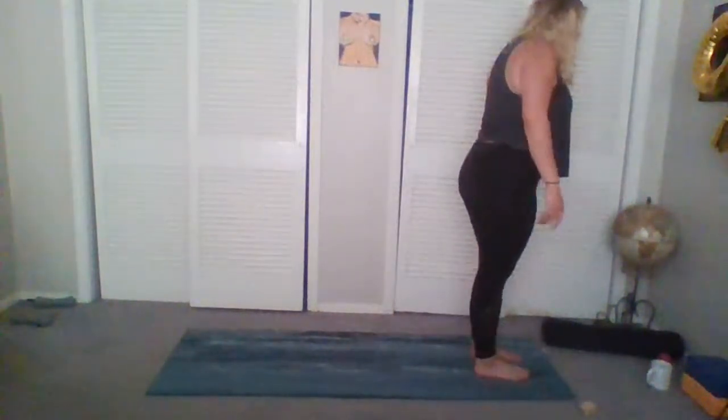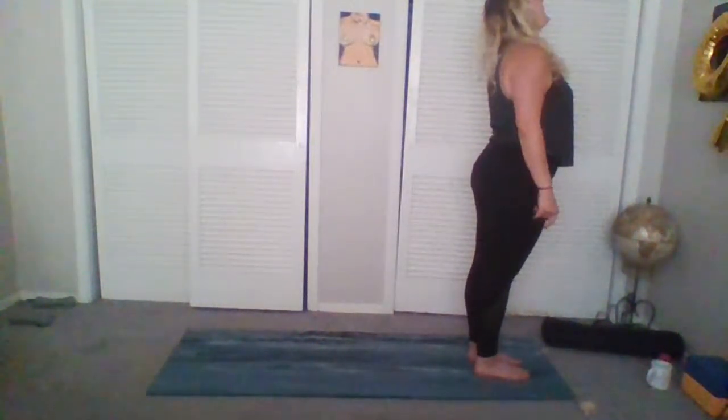And we're going to play with some moon salutations. I love them so much. So this is going to be just a little bit of a gentler version of the moon salutation, but feel free to make any adjustments that you want to do for yourself. Cool. So starting at the front of our mat,